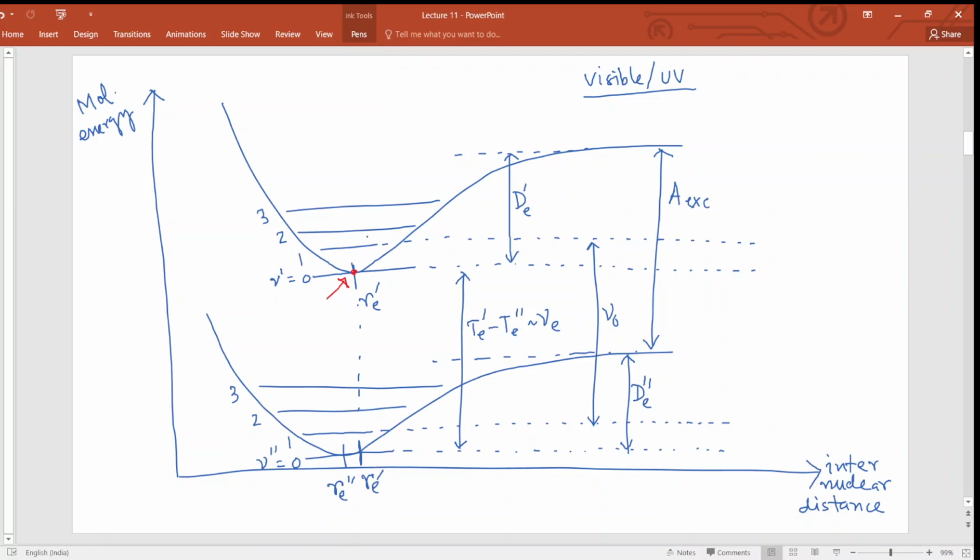Here we have multiple energy levels that are characterized by the quantum number nu. For different quantum numbers 0, 1, 2, 3, we have different energy levels. Now, when we talk about a molecule, these are two different curves, and whenever we talk about a transition, we look at the transition between these two curves, or the energy levels appearing here. The top curve is characterized by the quantum number nu prime, and the bottom curve is characterized by the quantum number nu double prime.